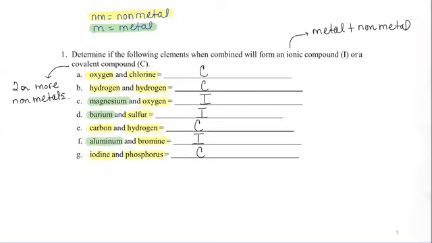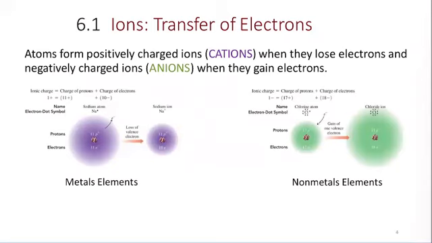So far we know how to identify, if I'm given a pair of elements, what kind of compound they're going to make. Now we are going to move on to understand in detail why we see some elements that, when they come together, make an ionic compound. Then we're going to analyze it in terms of the covalent compounds. So now in section 6.1,